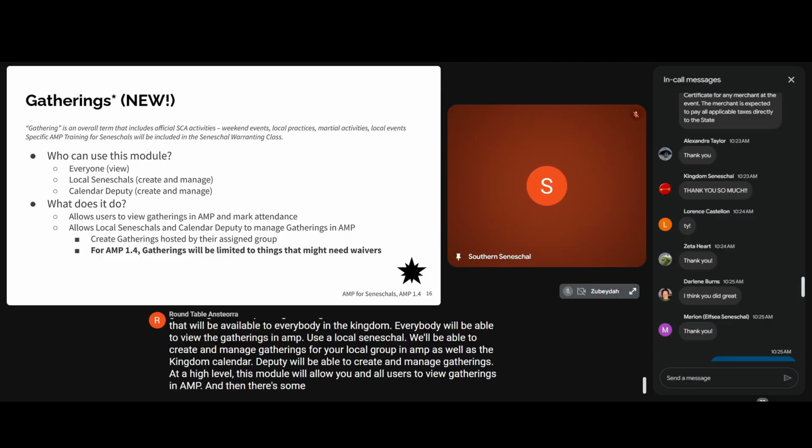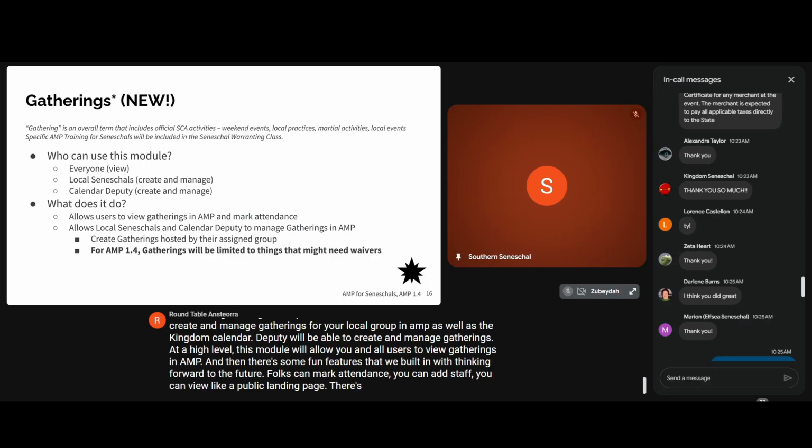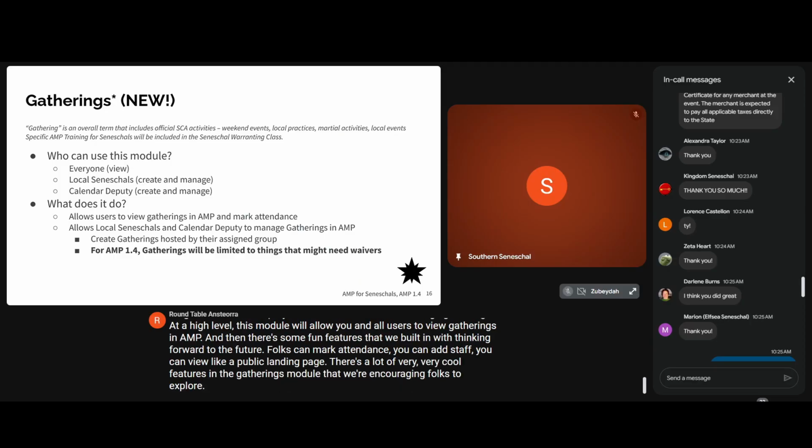And then there's some fun features that we built in with thinking forward to the future. Folks can mark attendance, you can add staff, you can view like a public landing page. There's a lot of very, very cool features in the gatherings module that we're encouraging folks to explore. But for your purposes,